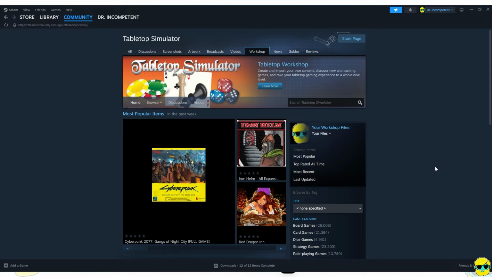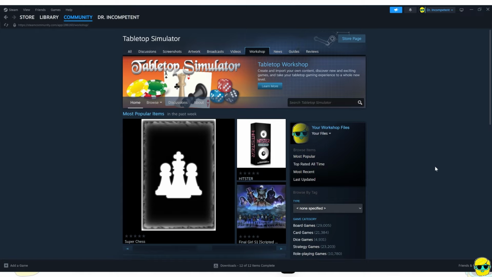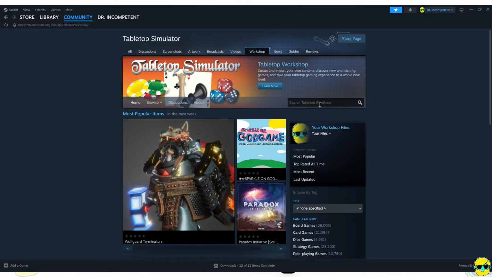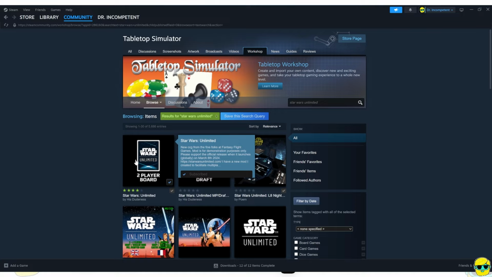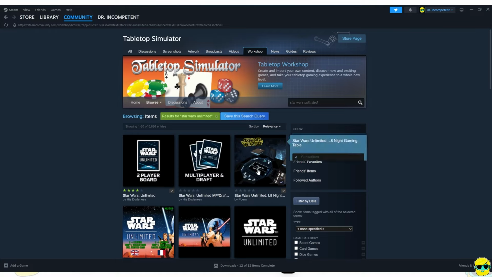Once you get Tabletop Simulator installed, if you want to play Star Wars Unlimited for free like I am, you just need to go to the workshop. You click on the workshop tab, and then you search for Star Wars Unlimited, and there are lots of different mods that you'll see, but the one that I recommend right now would be this 2-player board by His Dudeness, and that's what we're going to use in our display. So you just click on the green button down here to install this,